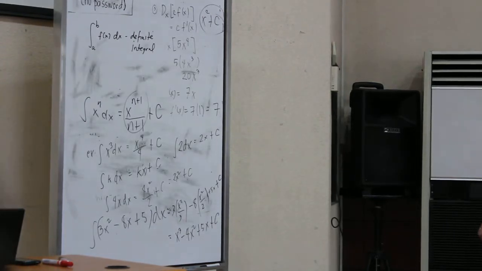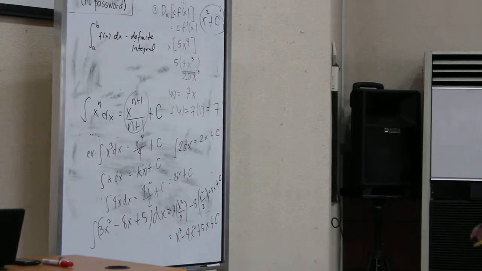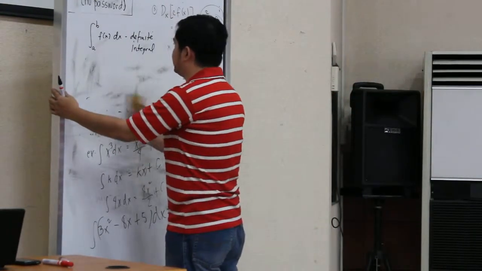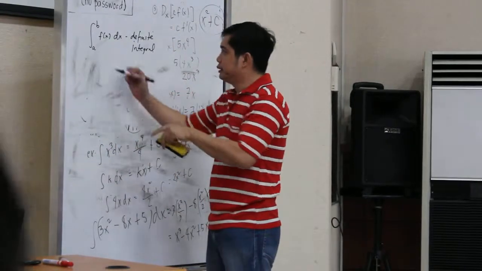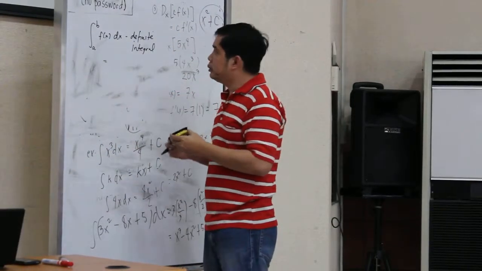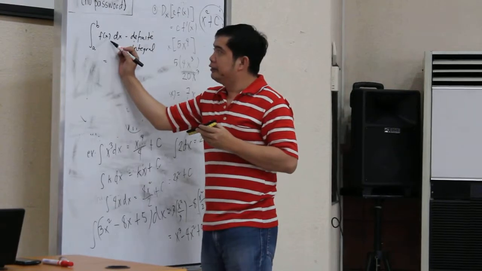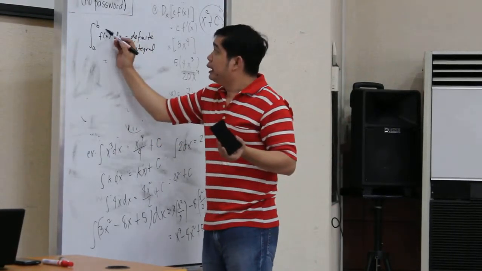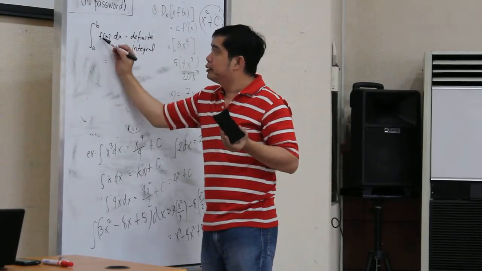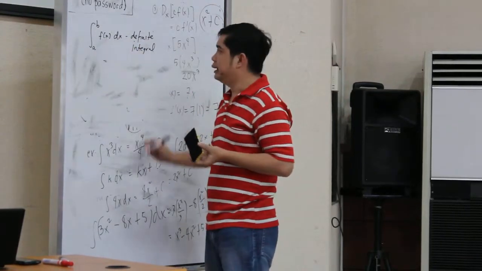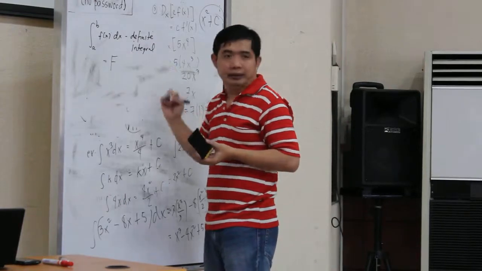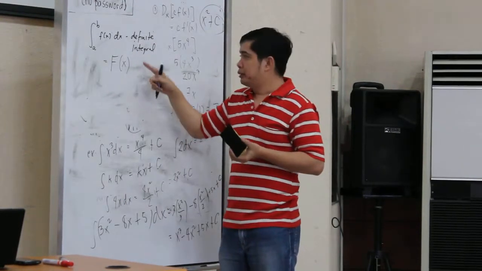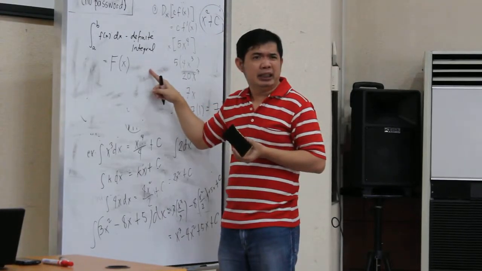Now, to solve this, what I will do is to look for an antiderivative of small f. Let's say big F is its antiderivative. Okay? Now, first, you have a plus C. But when I solve a definite